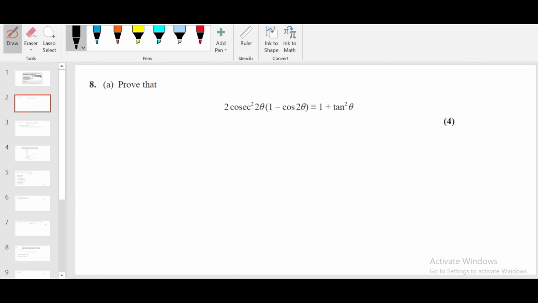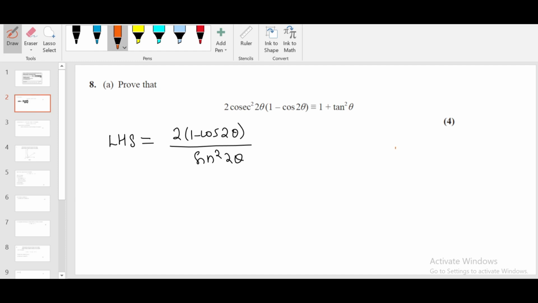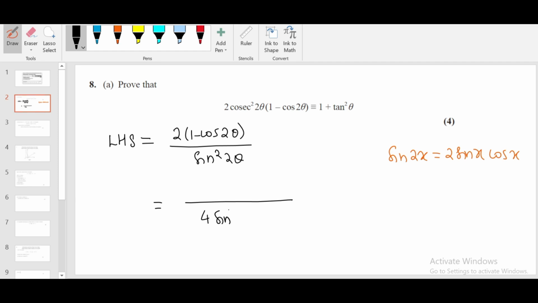So for this type of questions you need to take only one side of the equation. I'm going to start from the left hand side. 2 cosecant square theta, keep 2 here, 1 minus cos 2 theta. Cosecant square is 1 over sine square, so I'm going to put it as sine square 2 theta. We know this identity, the double angle formula, sine 2x is 2 sine x cos x. So when we square both sides, sine square 2 theta becomes 4 sine square